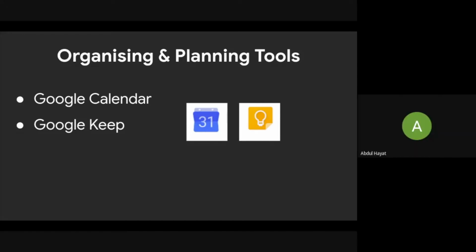All right. We have organizing and planning tools, that is Google Calendar and then Google Keep. Let me ask a simple question. Have you ever found yourself saying, oh God, I have a meeting, I have forgotten, I'm 15 minutes late? With the help of Google Calendar now, you can create an event. That is number one. You can create an event for yourself. Number two,